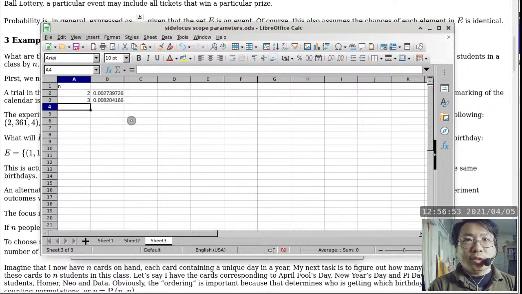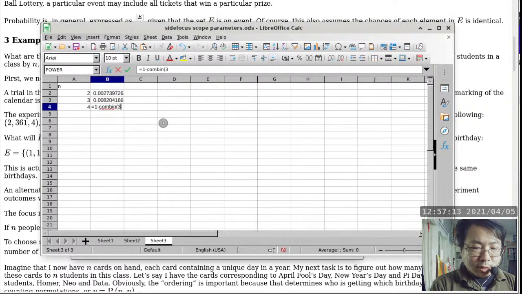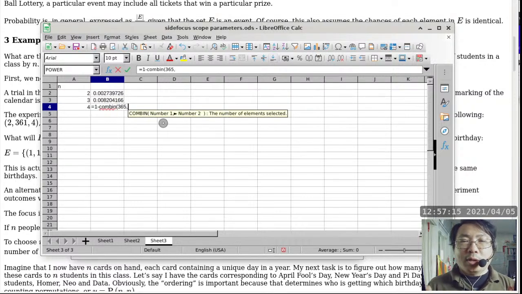So instead of just plugging in the 60, let's go ahead and do something like this. Okay, so this is 4, or better yet, express this as 1 plus whatever is in the previous row. And then now I can make this equation more general, because now I can just say this is 1 minus 365. The 365 part is constant because that represents the number of dates in a year, at least the